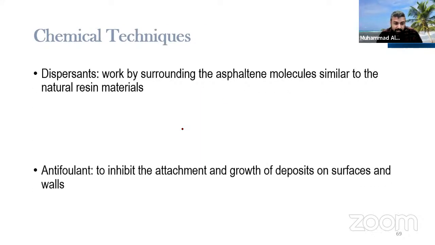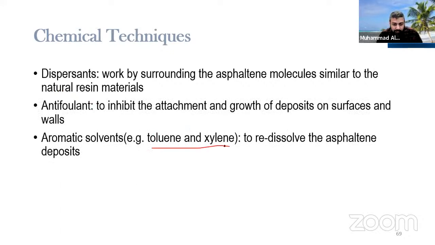In chemicals, we usually have dispersants, and especially toluene and xylene, which we use in order to redissolve the asphaltene deposits. We can use toluene or xylene in the pipelines to flush it all out, so we keep injecting in the pipeline so that asphaltene does not accumulate. It goes back inside the oil, and the oil goes to the storage tanks, and from there we separate them somehow through the modern